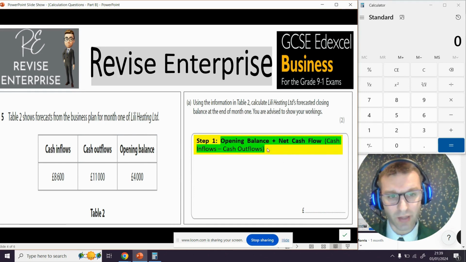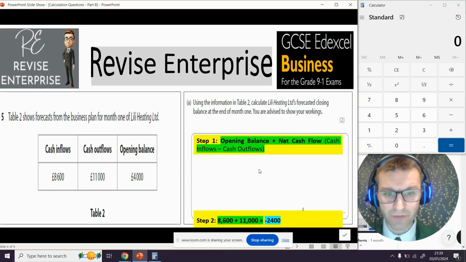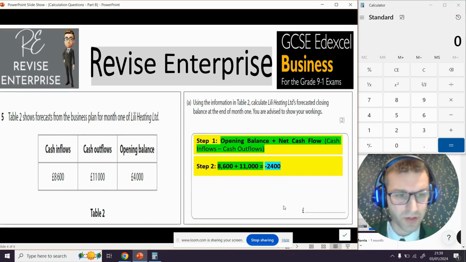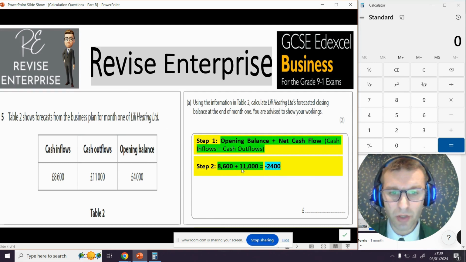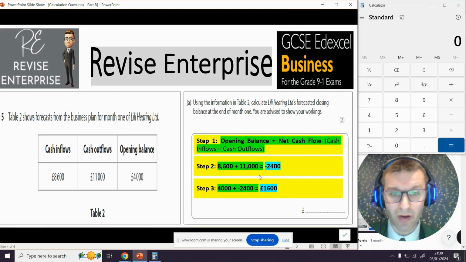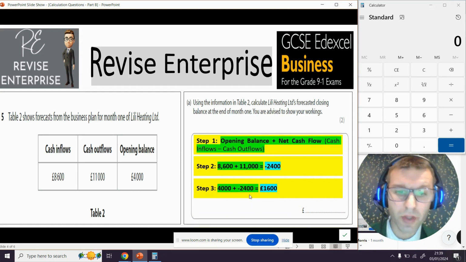Now in brackets here, and you can write this down as you're doing this with me, it's your cash inflows, which is here, 8,600, minus your cash outflows. So we've put that into an equation for you for step 2. And again, you can follow this through with me with a pen and paper. It's your 8,600 minus 11,000 gives you minus £2,400 for your net cash flow. Now, of course, in step 3, you must now add that to your original opening balance. So you would do 4,000 plus your minus 2,400, which gives you an answer of